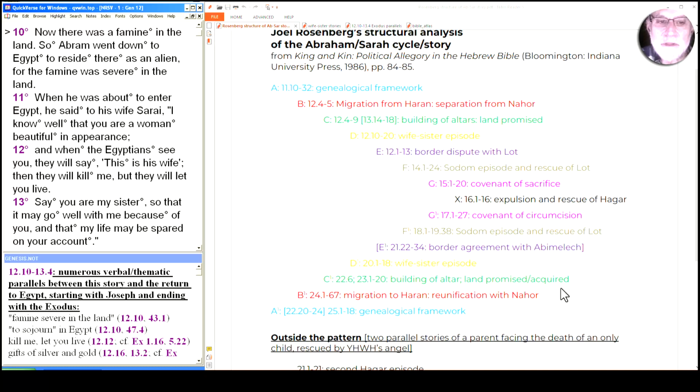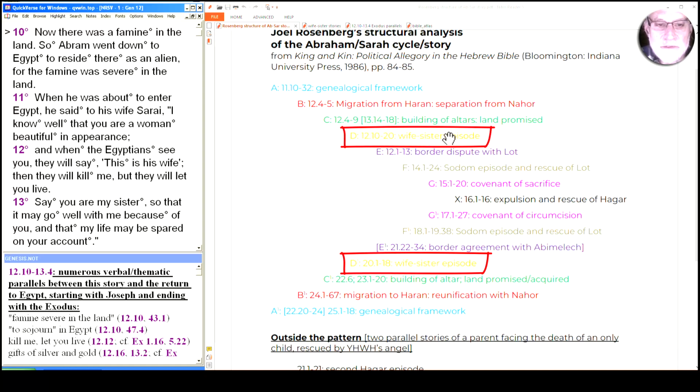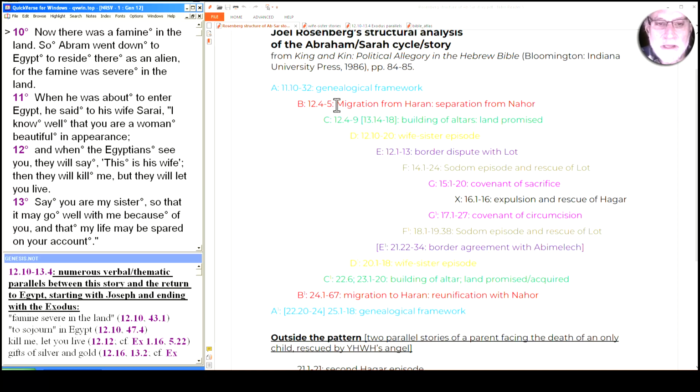And this is exactly where that begins to have direct relevance, because as you can see here in the D part, in the light orange, we see the wife-sister episode, and on the other side we see another one, and that's what we're going to have to look at in a minute. So we're seeing this after, of course, the migration from Haran, done first to Haran from Dad Terah back here, and then from Abram and Sarai here, and then as we saw last time, the building of altars and the wandering around different places, which will be paralleled down here.